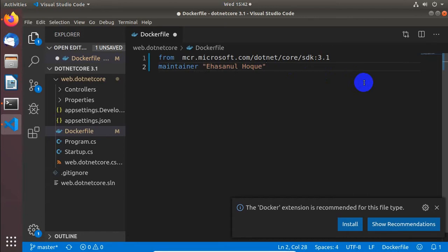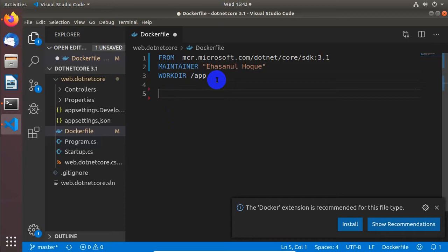Then the next step, work directory, it will be app. This is the image work directory. We can capitalize the Docker keywords.